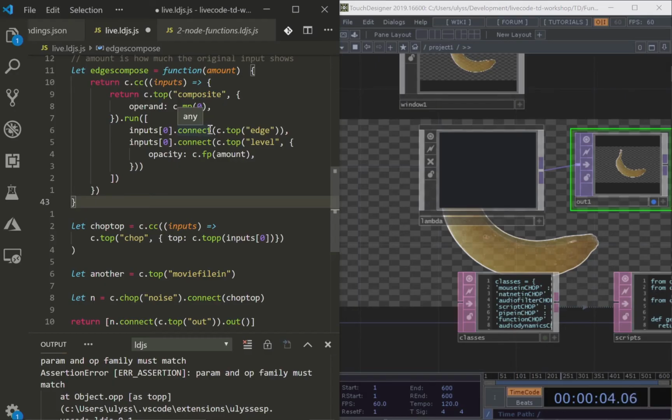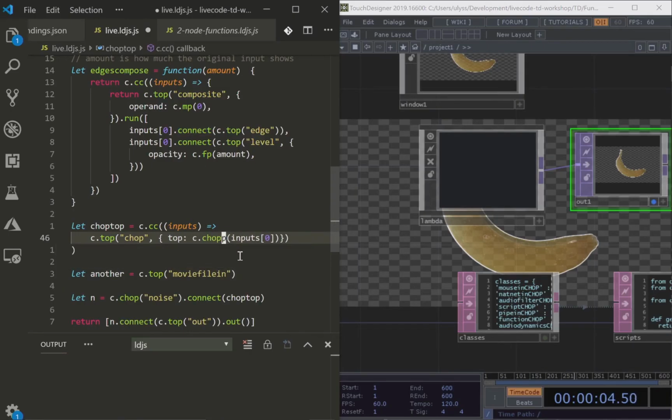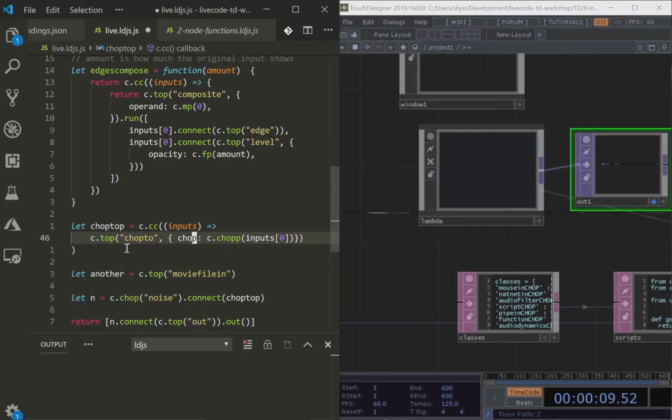So instead of storing it as a variable or doing whatever, we just make this thing, and it says with these inputs, map this output. So we can do that, and then